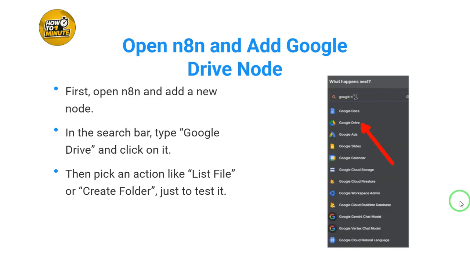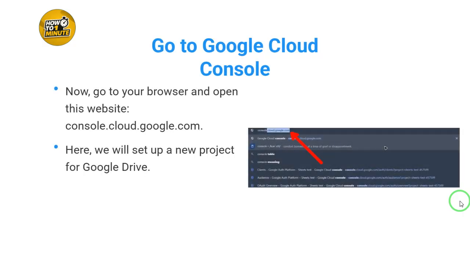In the search bar, type Google Drive and click on it. Then, pick an action like List File or Create Folder, just to test it. Now, go to your browser and open this website,